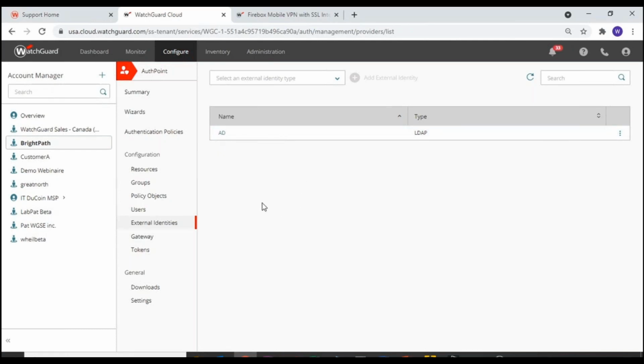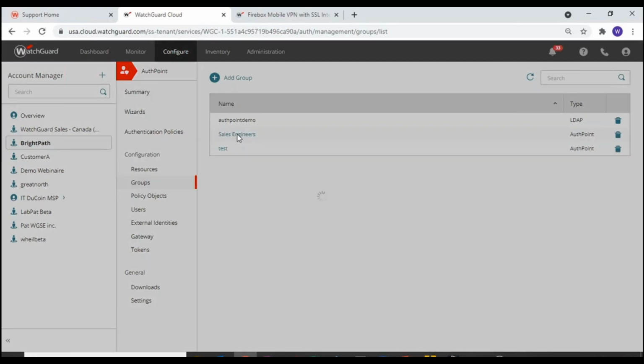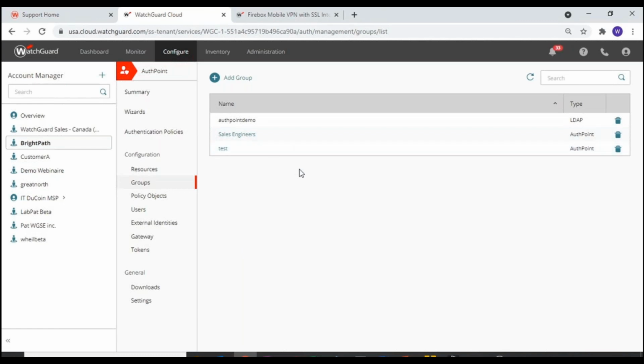Now, one of the things that is important is to create a group. So under a group, we can create a group here to organize what we're going to do with the AuthPoint. Usually we will have users that are part of the group, and then we're going to apply resources to them. Here I created a group called Sales Engineer. As you can see, there's not much I can do here other than give it a name and a description. But the reason I created it is so that once I go back to external identity, I can sync